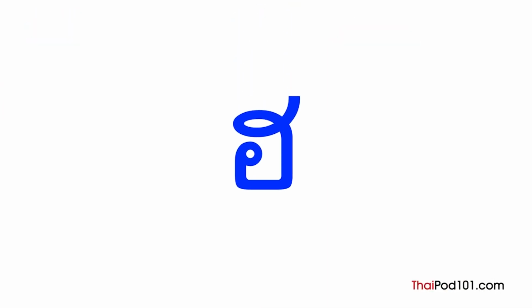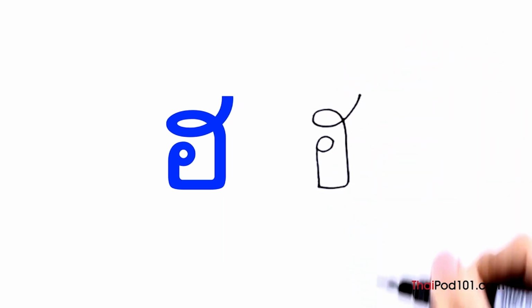Let's practice writing ฮอนกฮูก together. Start with the head, curl around to the top, and add a loop. ฮอนกฮูก